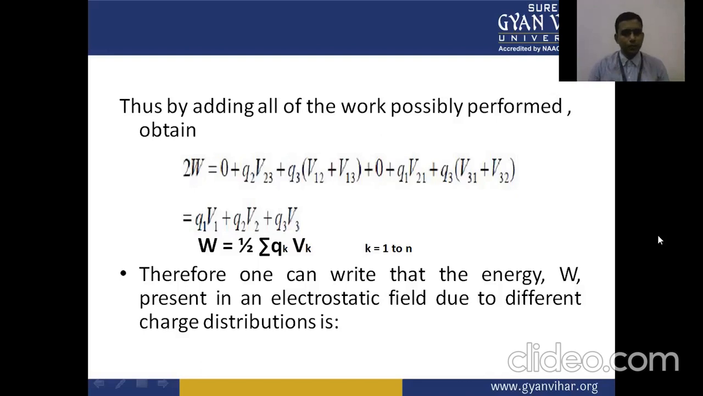So W is equal to 1 upon 2 times the summation, where K varies from 1 to N, of Qk Vk. So work done is the same as the summation of the product of charge and potential, so work done depends on the electric field intensity. Therefore, one can write that the energy W present in an electrostatic field due to